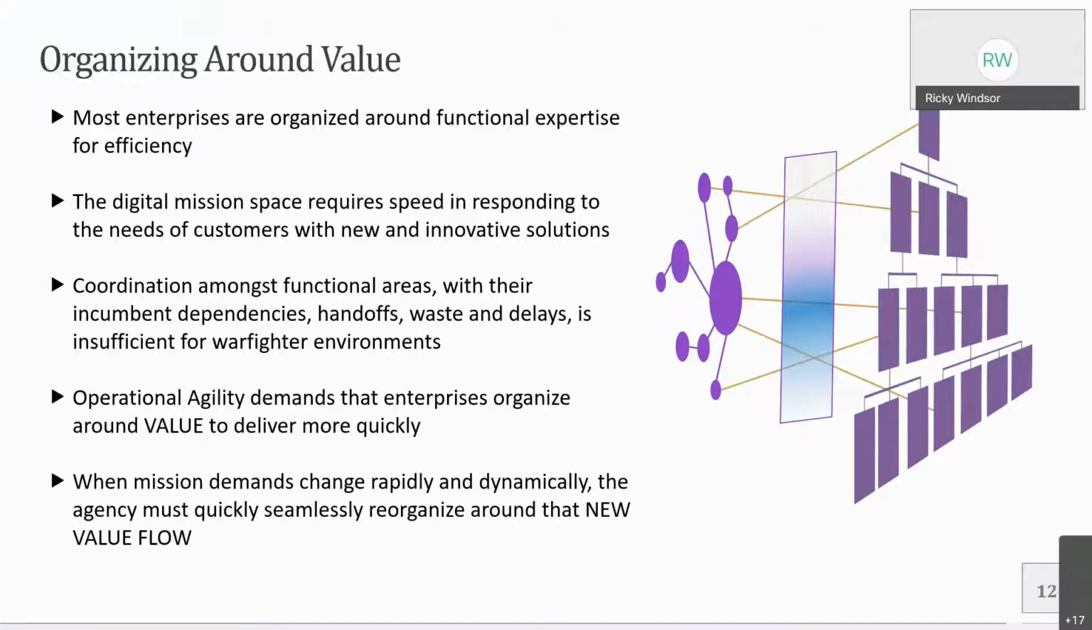because of those aspects. So operational agility demands that we as an enterprise organize around the value to deliver the products more quickly. So that way we can help that. And when mission changes rapidly and dynamically, the agency or organization must quickly and seamlessly reorganize around the new value